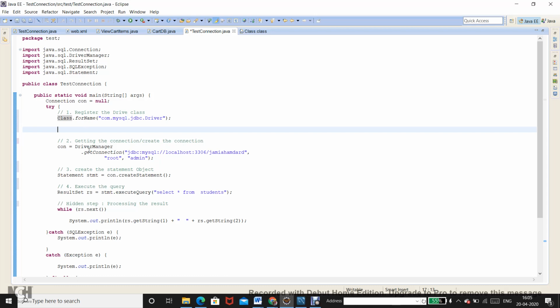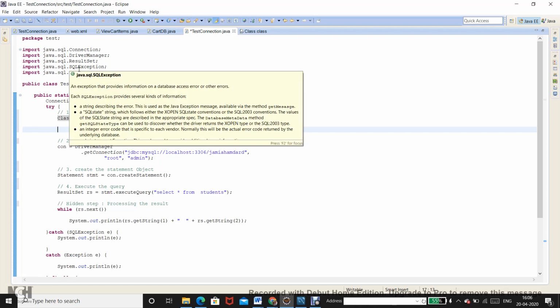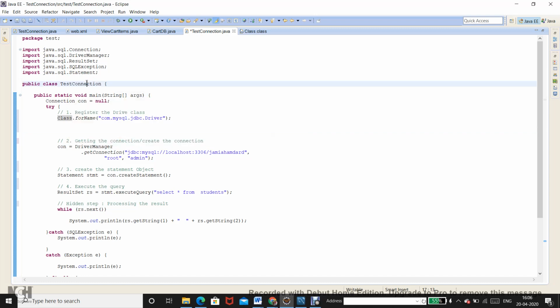Then it will load every other object that you are using from within this TestConnection class, as well as these imported entities. This forms a tree-like structure of objects within objects, and this whole tree structure is loaded by the class loader into memory even before you start running the TestConnection object.